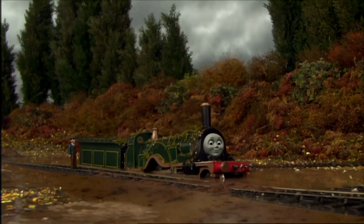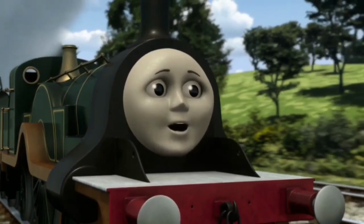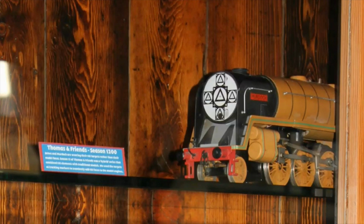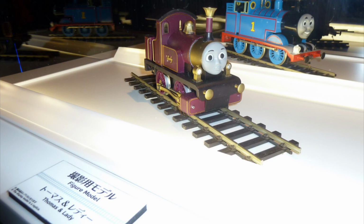Seriously, after this season, the show will switch over to using fully CGI animation, and the models will be stored away on display, either at Nitrogen Studios themselves, Horror Model Railway Museum in Japan, or